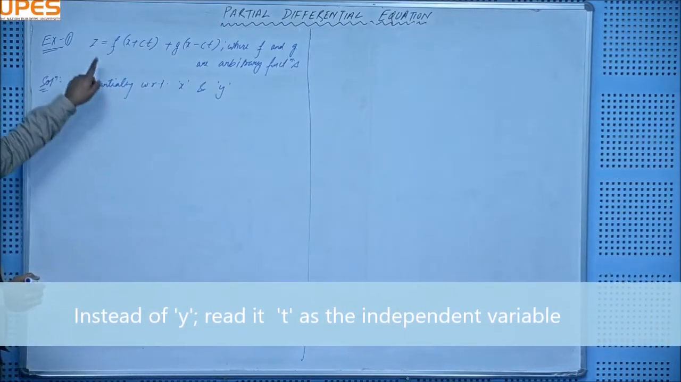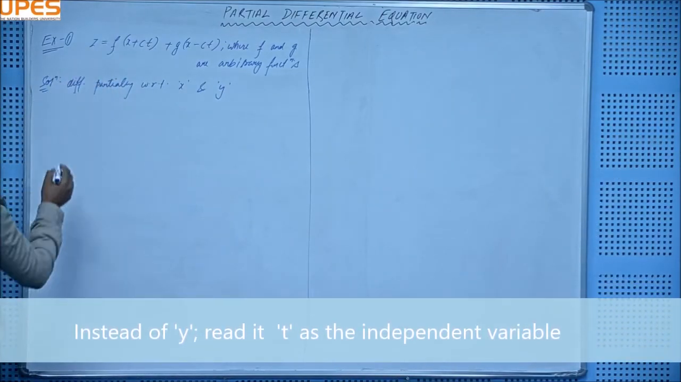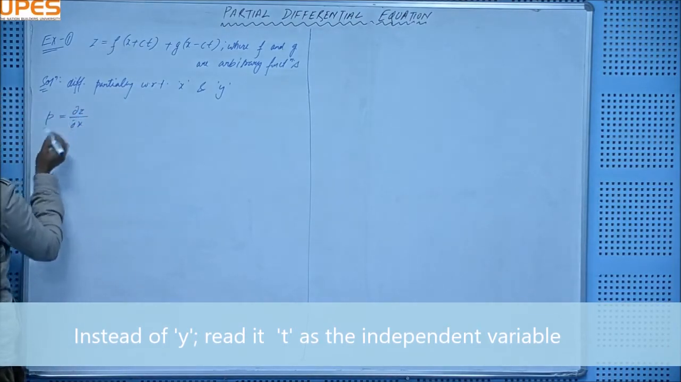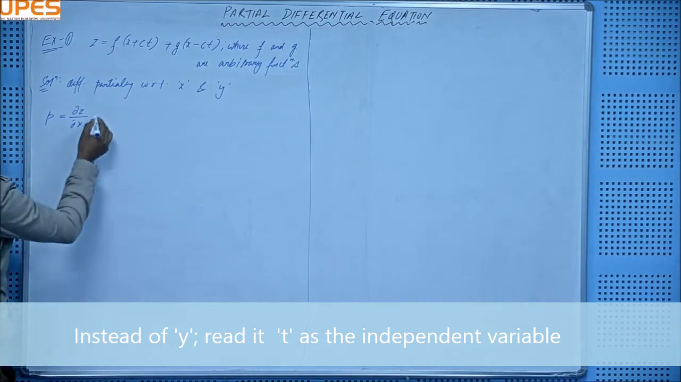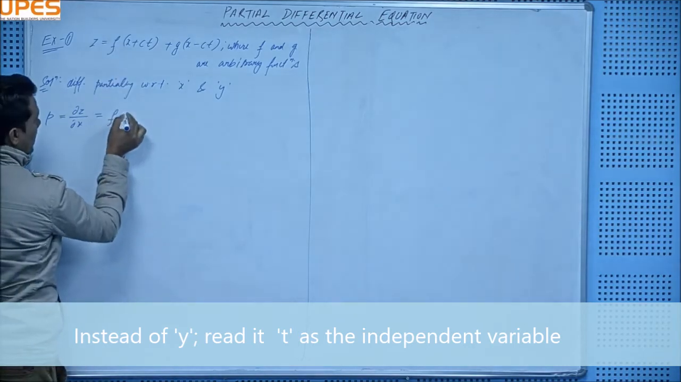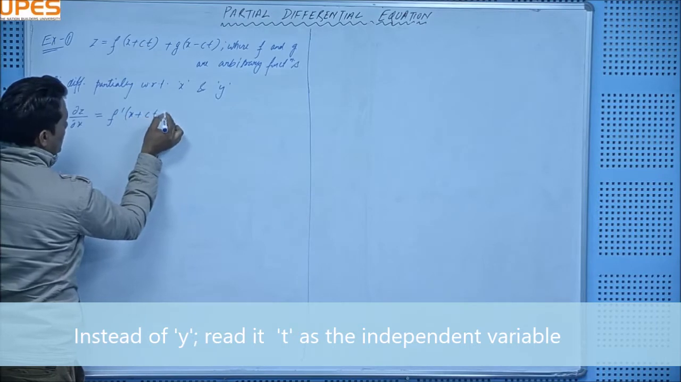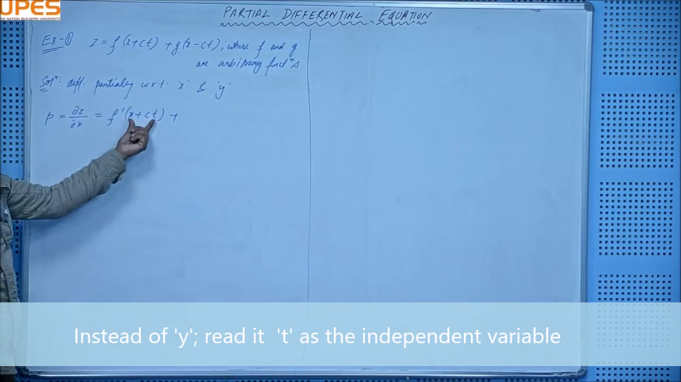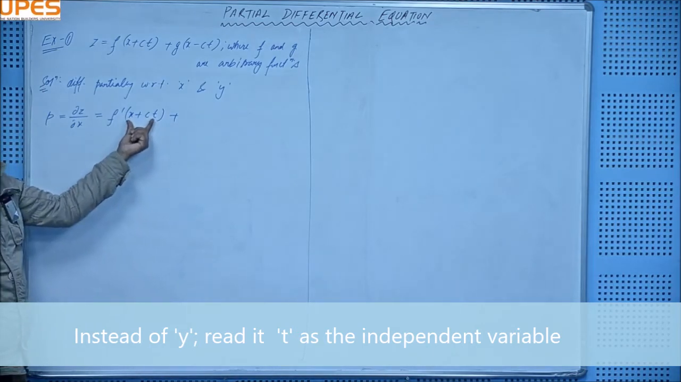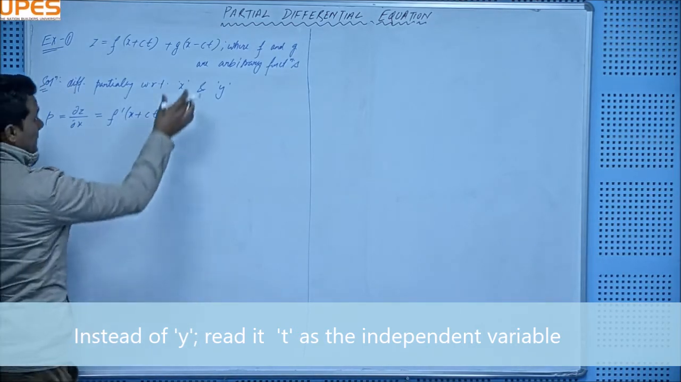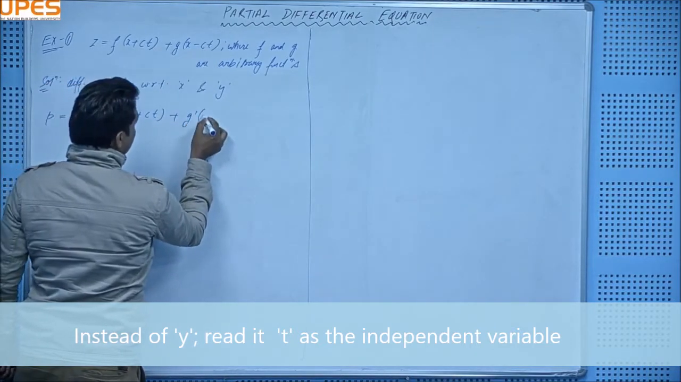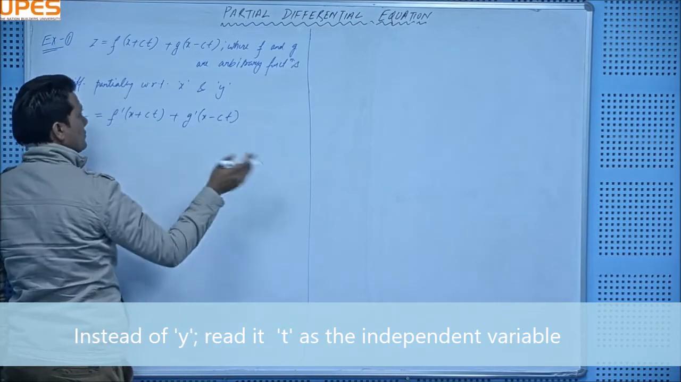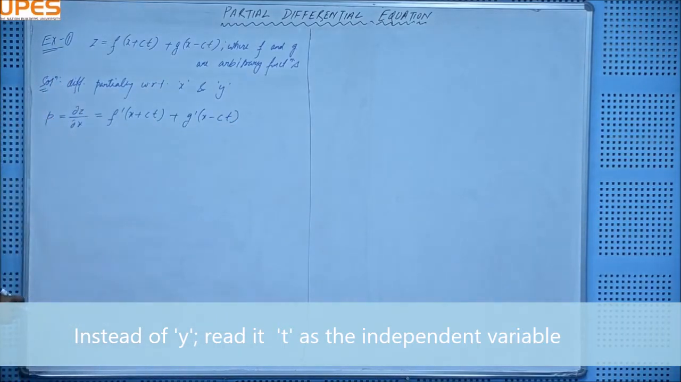So differentiating this with respect to x will give del z upon del x, and as we know that is denoted by the letter small p, and differentiation of this is f dash of (x plus ct), and remember to do the differentiation of this argument also. Differentiation of this argument with respect to x will be 1. And differentiation of this will be g dash of (x minus ct) multiplied by differentiation of this thing, 1 minus 0, so I don't write that. Okay, so this is my p,